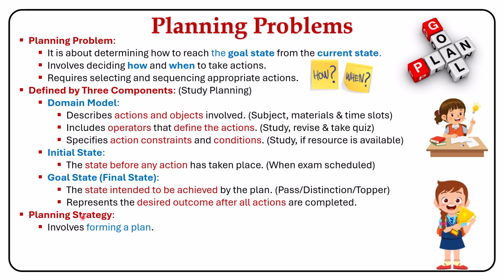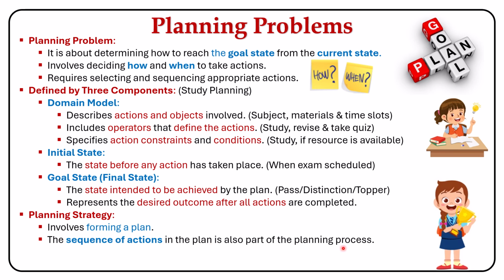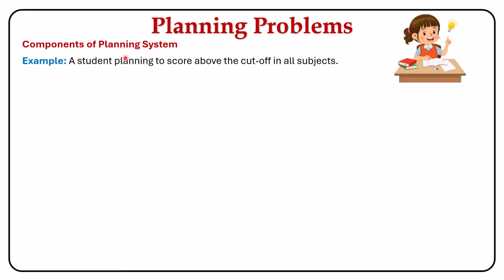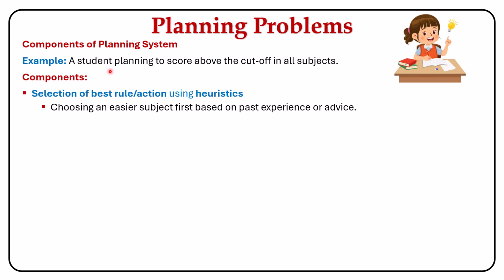The planning strategy involves forming a plan. The sequence of actions in the plan is also part of the planning process. So hope you are clear on planning problems. Now let's explore the components of a planning system by considering the same study planning example as we have seen in the previous slide. The components are, first one is selection of the best rule or action using a heuristic, that is choosing